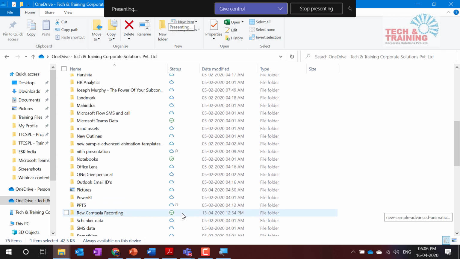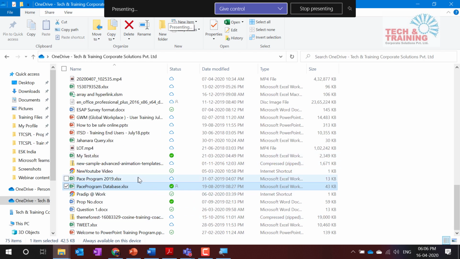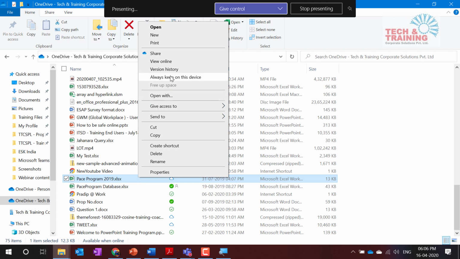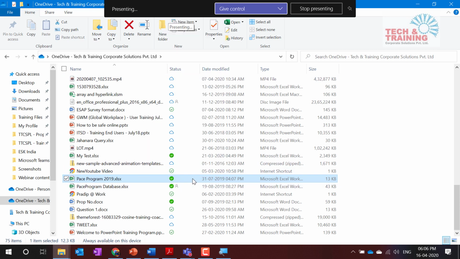Let me show you. You must have seen that, by the way, but still, let me show you. Right click, always keep on this device. That is syncing. This is the syncing icon. There are some file types which cannot be synced, like temporary files. Your PST generally gets synced. Earlier, it used to not sync PST files, but now they have started syncing PST files. And the problem with PST files is the moment you close Outlook, even though you have not used the PST, but you have just opened and closed Outlook, automatically the PST file will get uploaded. So at times, few people have a few GBs of PST.